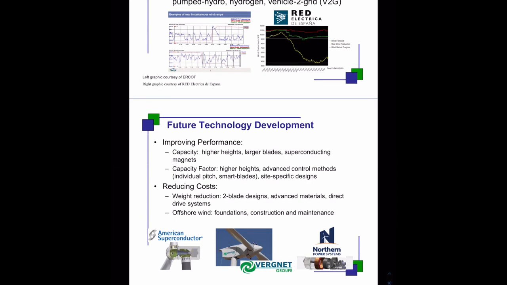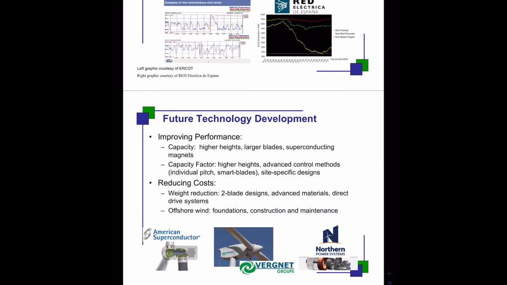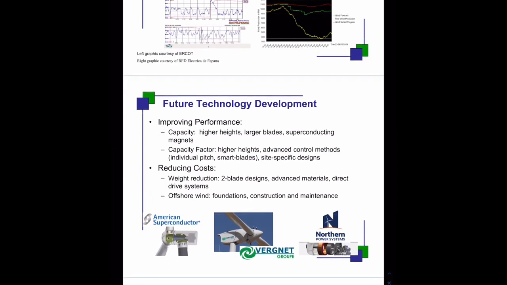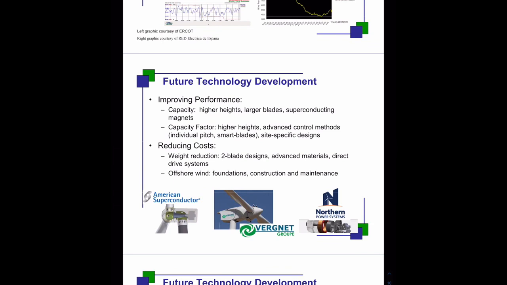We could use advanced control methods, individual pitch and smart blades, site-specific designs. We could reduce costs by weight reductions, two-blade designs, advanced materials, direct drive systems, and offshore wind foundation, construction and